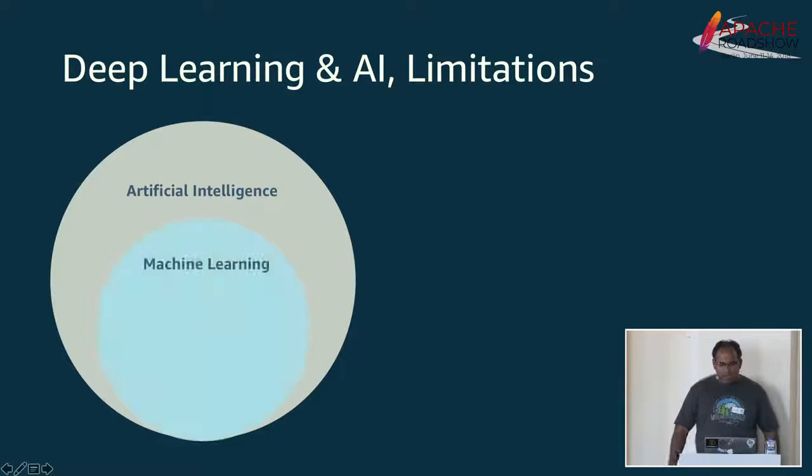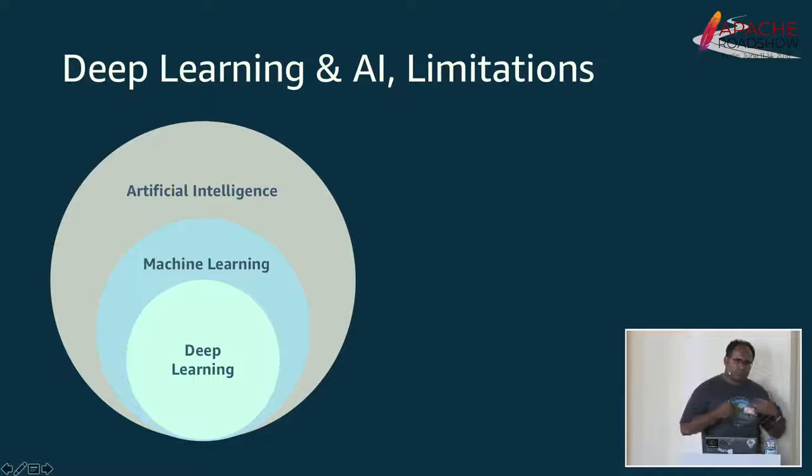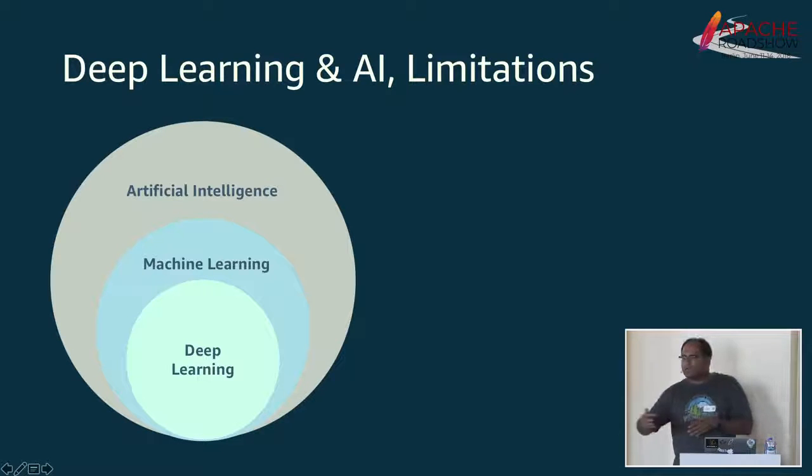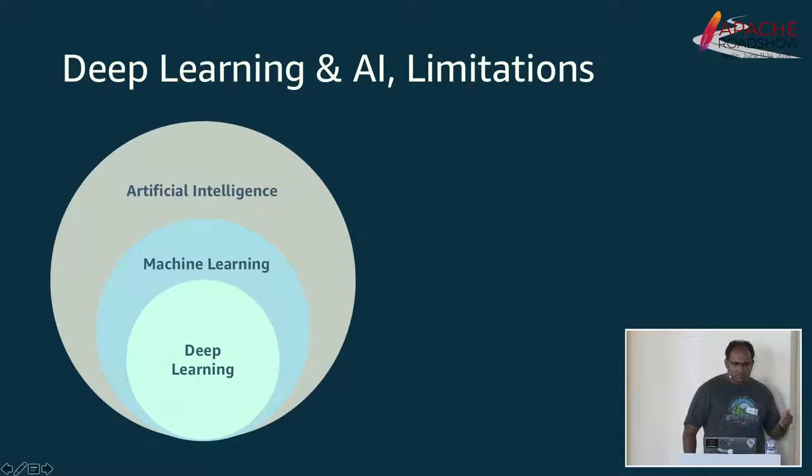And then machine learning is an algorithmic field that blends ideas from computer science, statistics, and many other disciplines to solve problems that are harder for humans but easier for machines, and which could be expressed as formal mathematical rules. Deep learning is a subset of machine learning, which tries to solve problems that are easier for humans to solve intuitively, but harder to express in terms of mathematical rules.